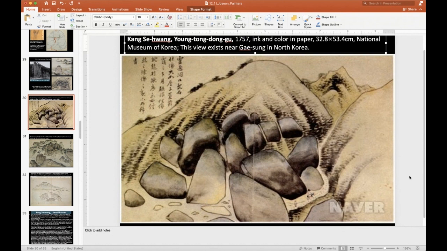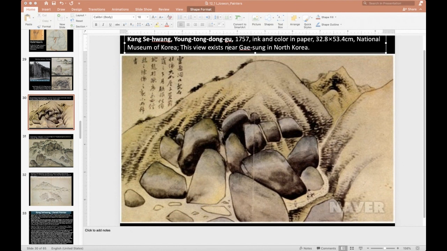But we also see a little bit of perspectival rendering, meaning things in the foreground are really large, things in the background are smaller. You feel it? The receding lines going backward. Yes, it's a nice perspective. Surprisingly, right? So this is evidence that Kang Se-hwang studied European painting. Look at the rocks. It's usually about the same size rocks, but in the foreground, they are really large. The same type of rock in the middle ground, they are getting smaller. So he